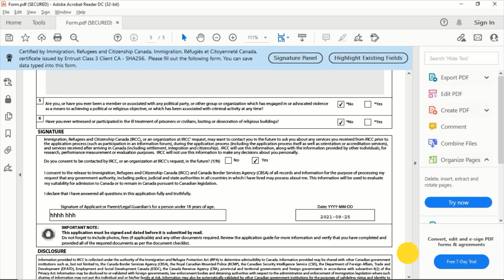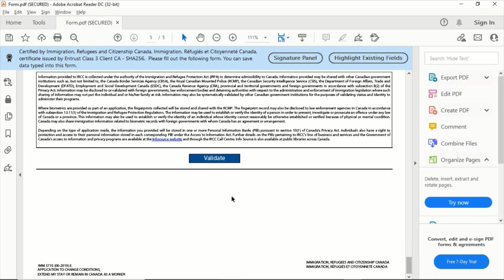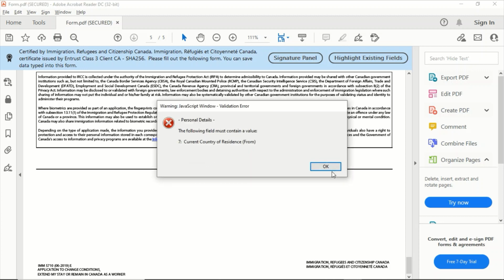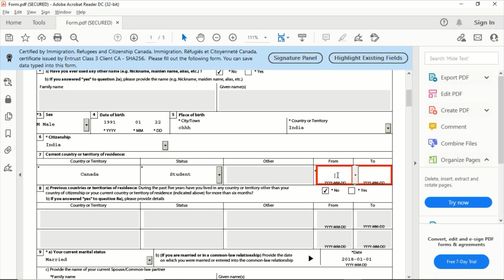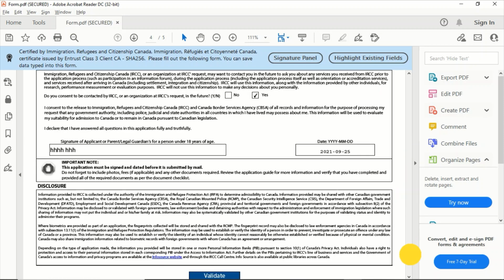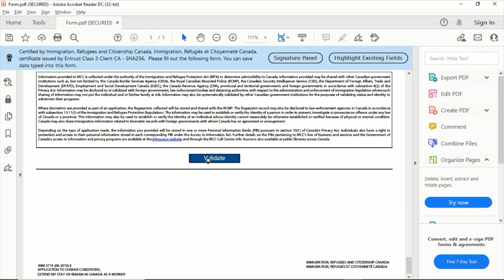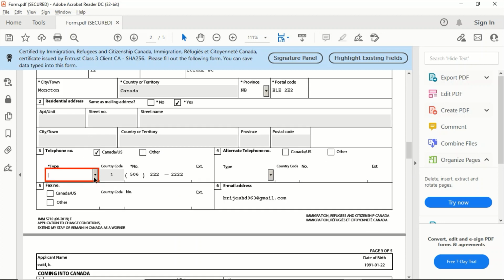We have used fake data to fill this form, so it might not get validated, but after filling it you have to click on validate. We need to enter some data here to get it validated, because without validation it won't work.